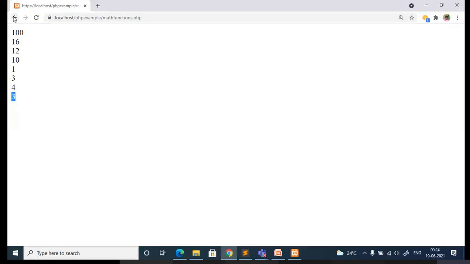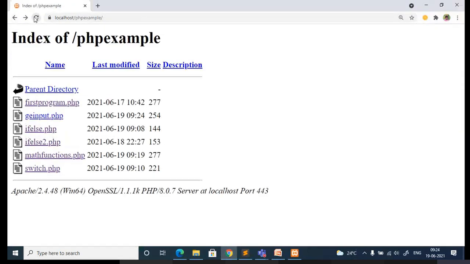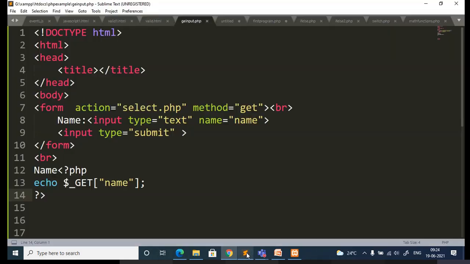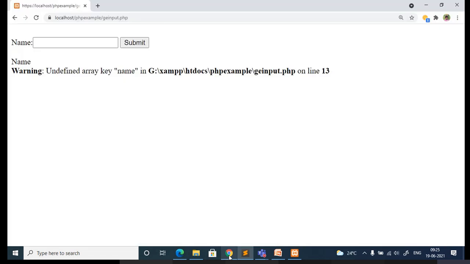So go to the browser, my directory, refresh. get input.php. Okay, there is some error, line number 13. Why? What is the error?